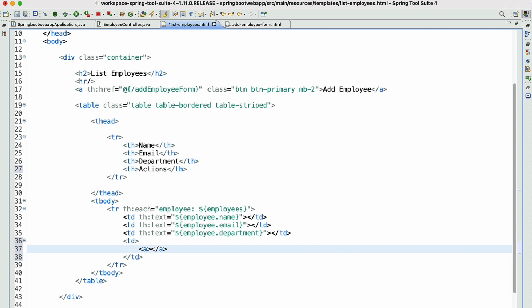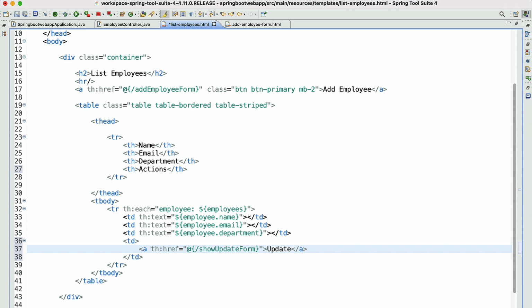Let's add the text update. We're going to make use of the href attribute.